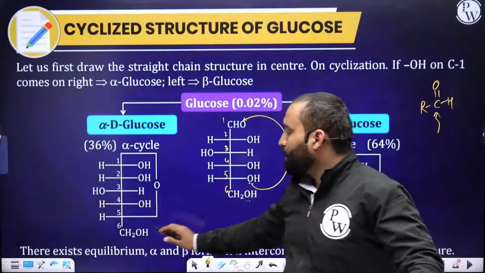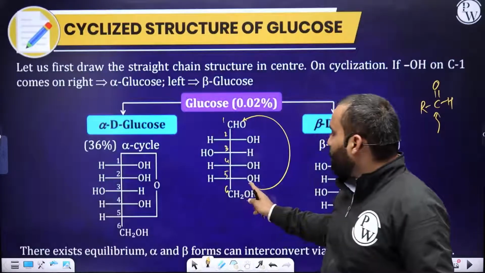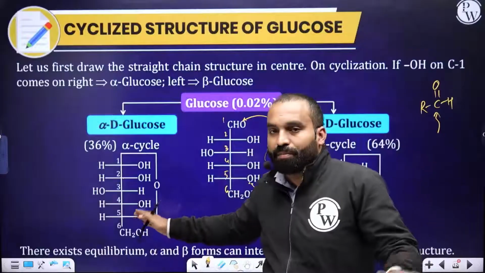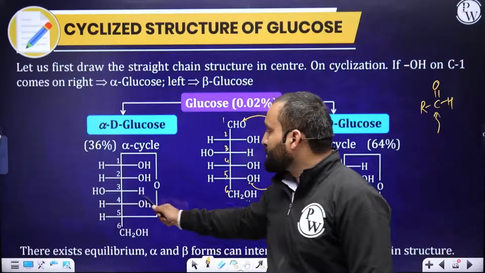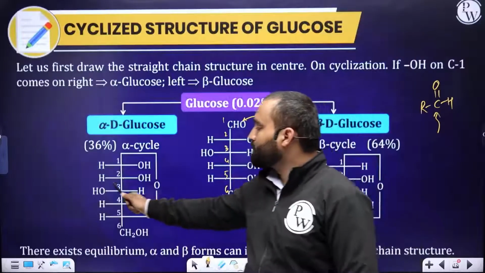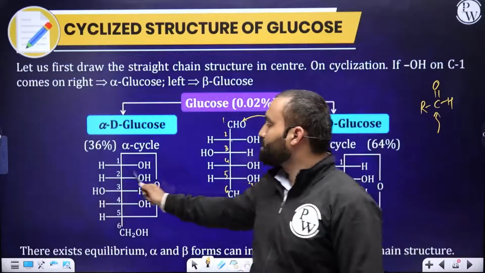The 5th carbon hydrogen is on the left hand side. Oxygen has already attacked, so OH has disappeared. OH is gone. Moving to the next one, this configuration is still the same. Moving to the third one, this is again the same. Moving to the second one, this is again the same.